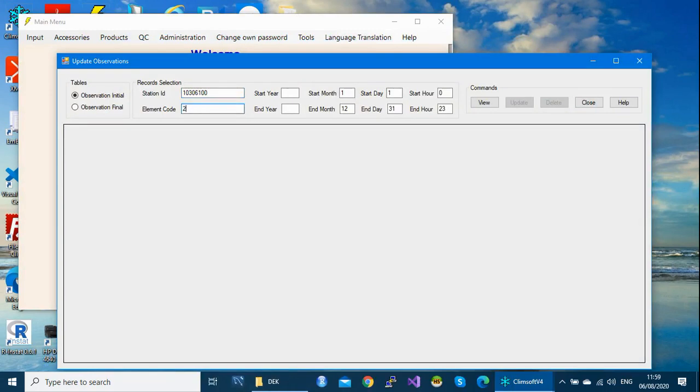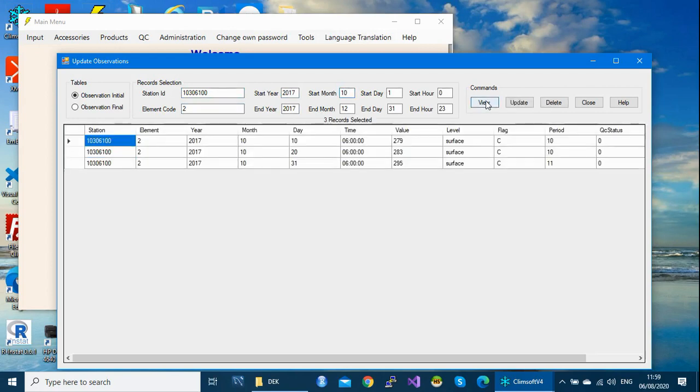For example, element 2, the year is 2017. Remember, the month is October. Very important. And then say view. As you can see now, your data were imported successfully.